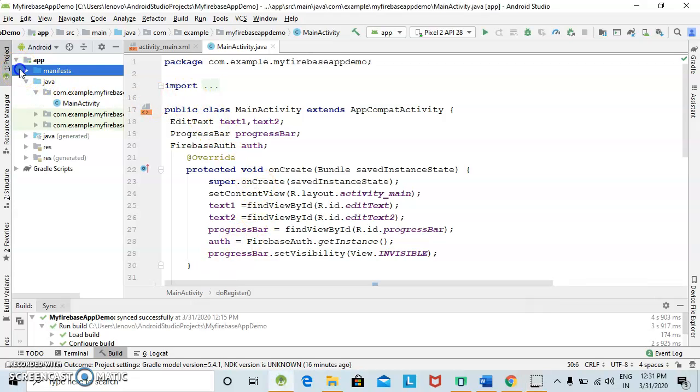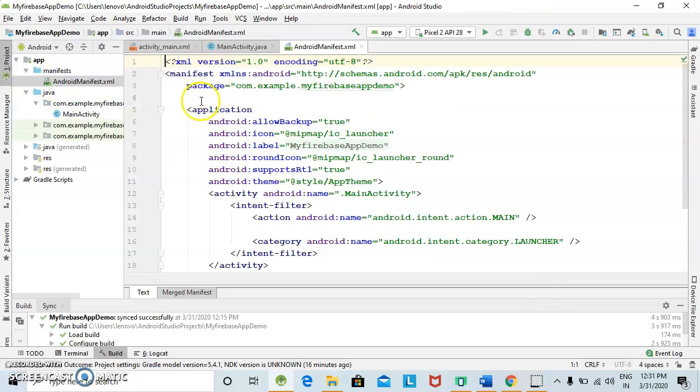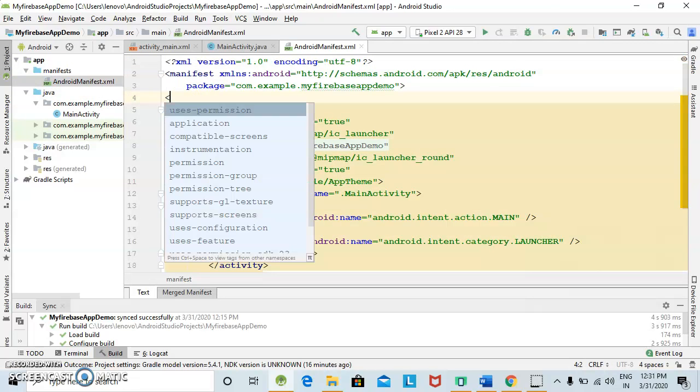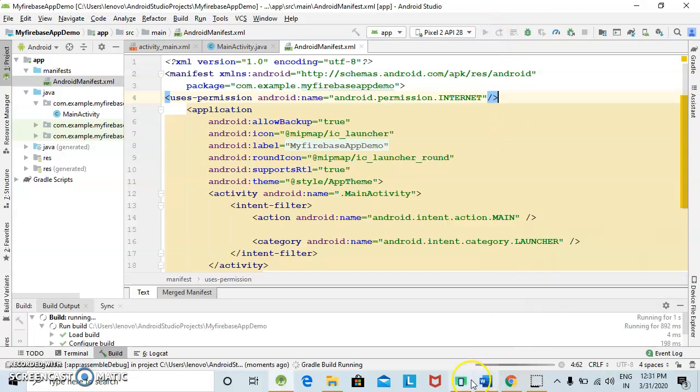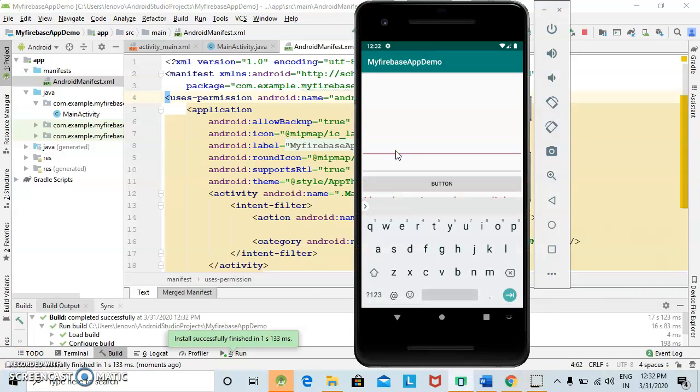One thing remains, that is the internet permission. So we will set the internet permission, uses-permission. All things are okay. We will execute our application. We'll register with a valid email ID.